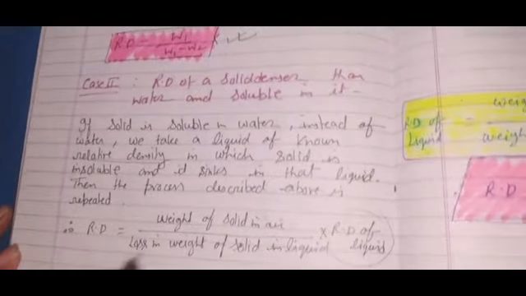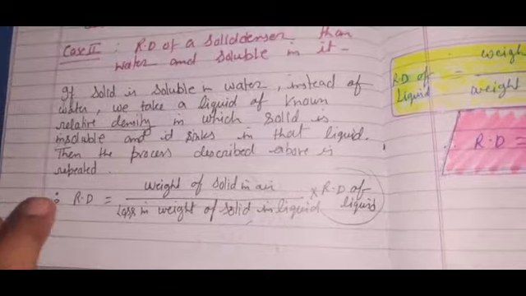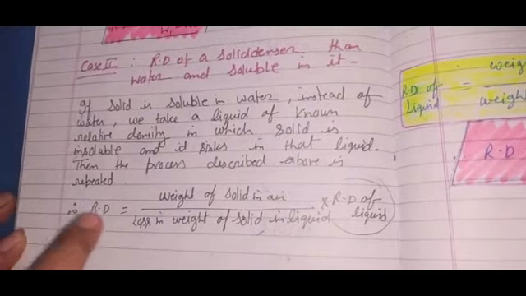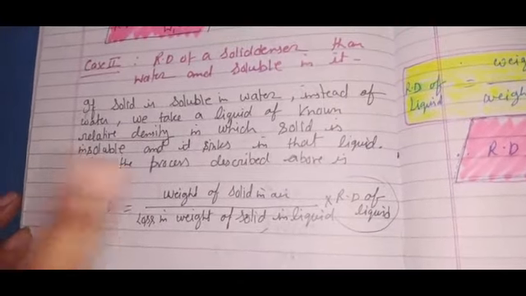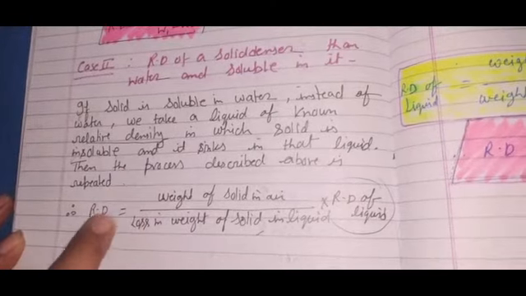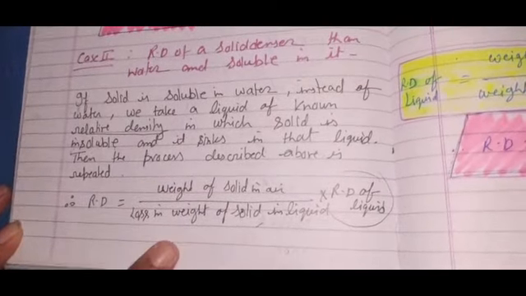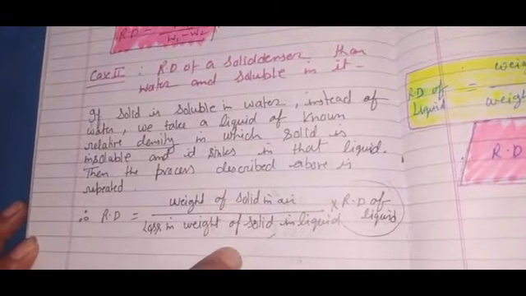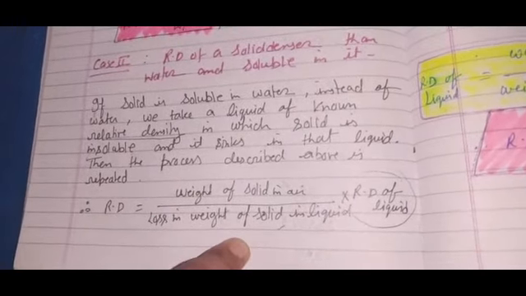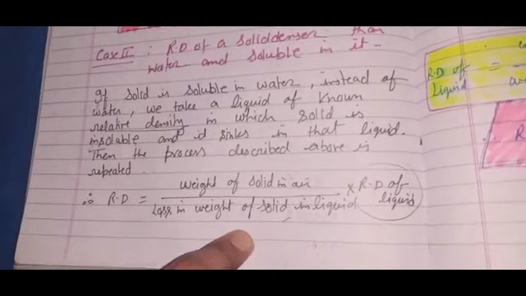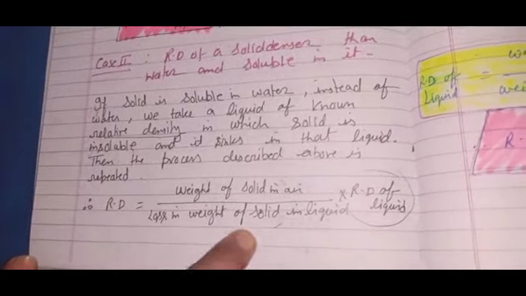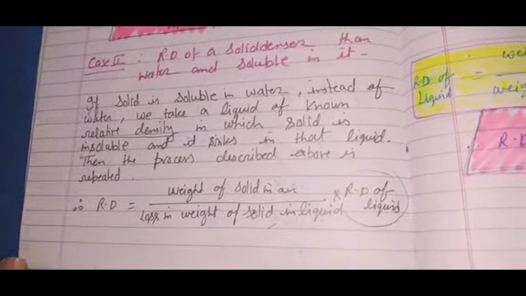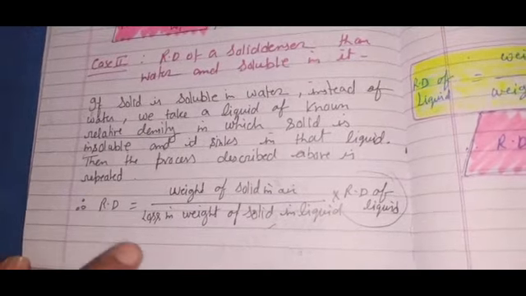So if it is asked to find the relative density of an object which is denser but soluble in water, what will we do? We will take another liquid in which this solid is not soluble, and it must sink in that liquid. It cannot float. If it floats, we can't calculate because there will be no decrease in weight and no proper calculation of the RD. We can use that method also, but that will not be a correct calculation.